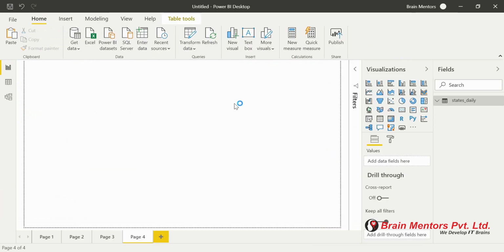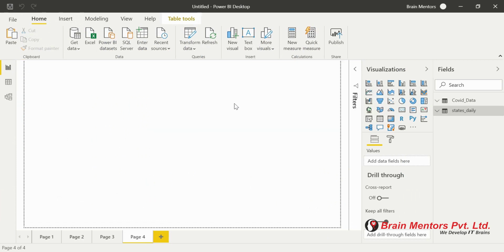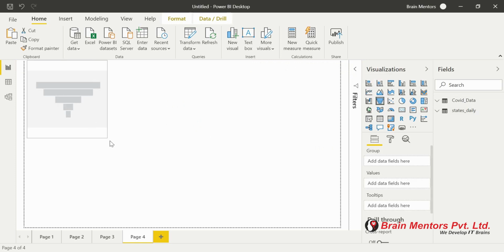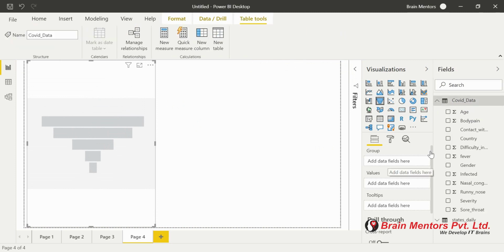So we are going to load this data. Now if I load this one and we want to visualize it, I'm going to build one graph, and this time we are going to build a funnel chart. So what exactly is a funnel chart? Basically, the Power BI funnel chart is useful to display the data in stages. It has a group and a value parameter. We have to pass the age.